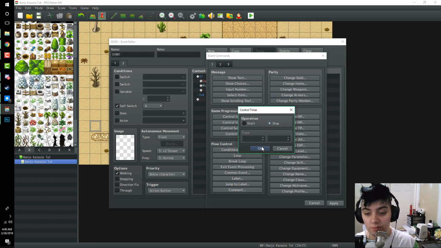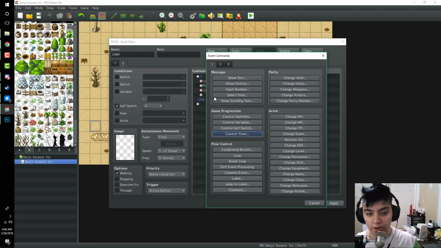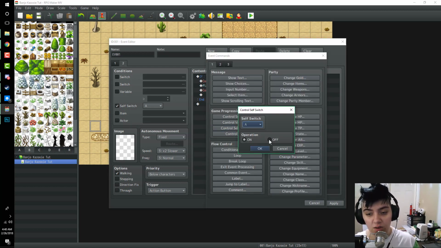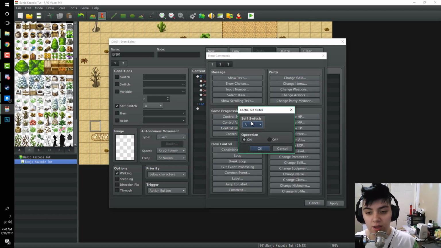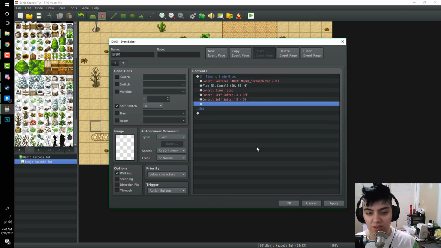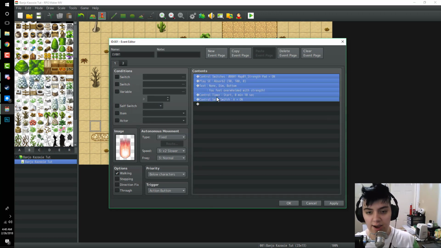We're gonna go down to stop, so the timer stops. Whatever the timer is, it's gonna stop. And then we're going to turn self switch A off and turn on self switch B. And self switch B is going to essentially be the exact same. It's going to be all of this. So we're going to highlight